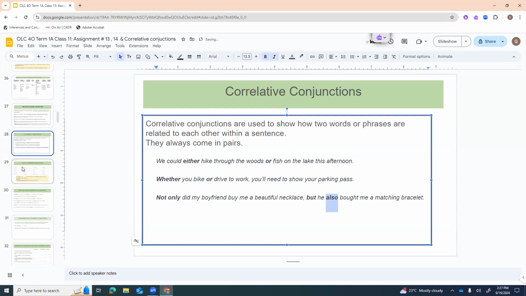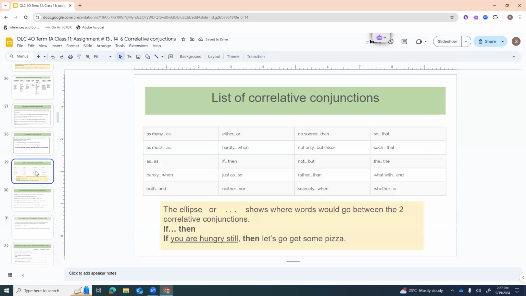that go together. Here is a list of some really common correlative conjunctions: as many and as many, as much and as much, as to as, barely and when, both and, either or, hardly when, if then, just as and so, neither nor, no sooner than, not only but also, not but, rather than, scarcely when, so that, such that, the and the, what with and,